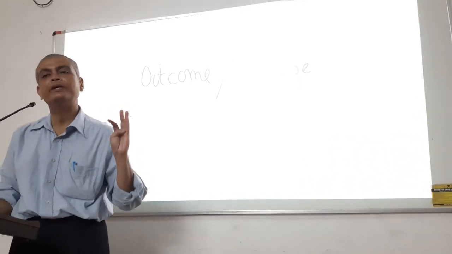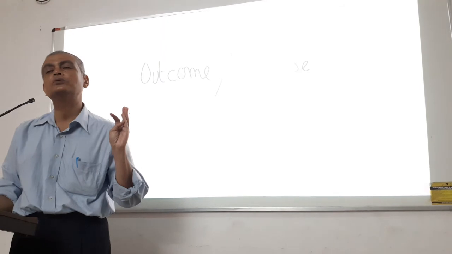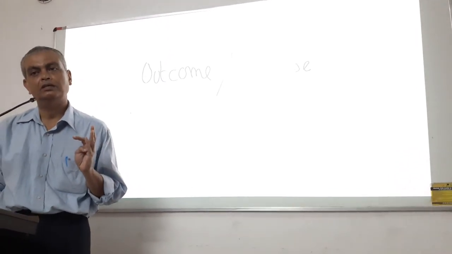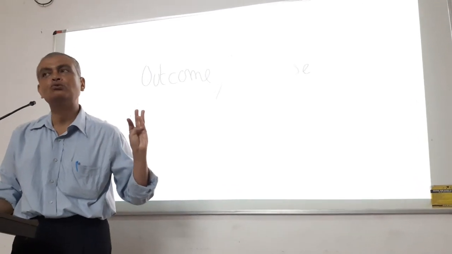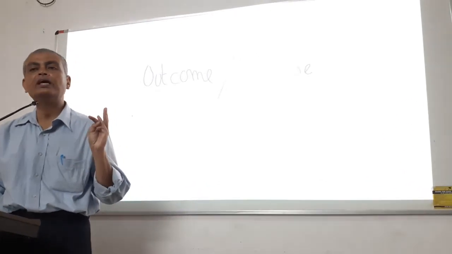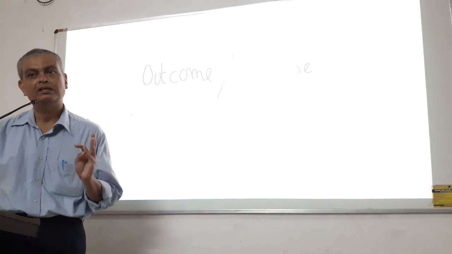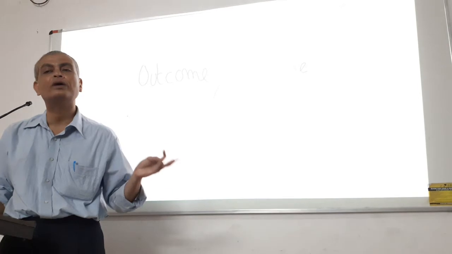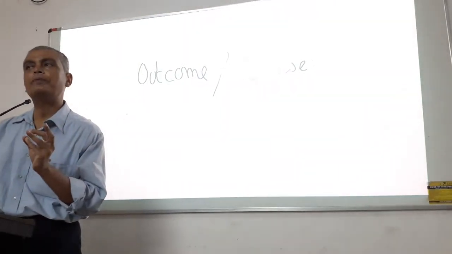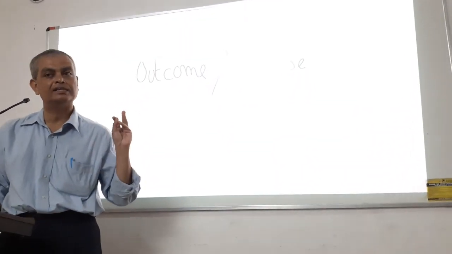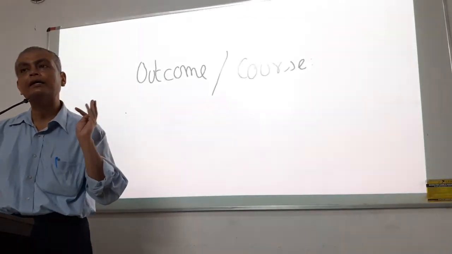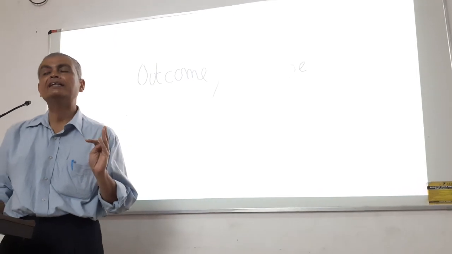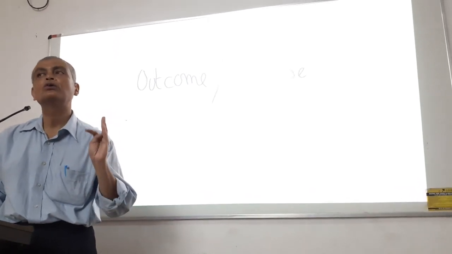So again, we are repeating, these terminologies will come frequently. Number one is etiology. Number two is pathogenesis. Number three is pathology. And in pathology, there can be either gross changes or macroanatomical changes, microscopic changes or microanatomical changes. Then there will be clinical features. Then there will be complications. And finally, the outcome or course of the disease.